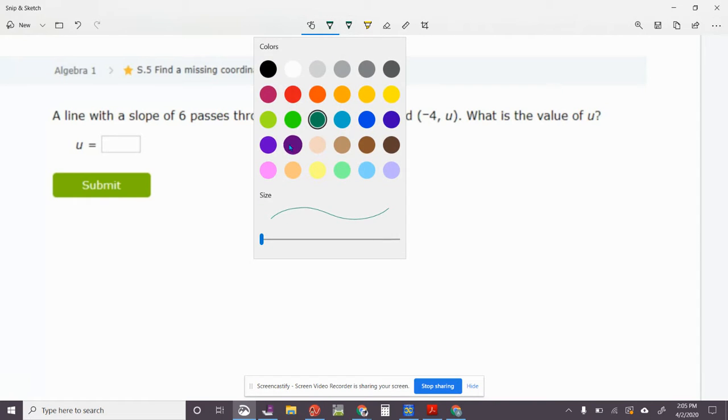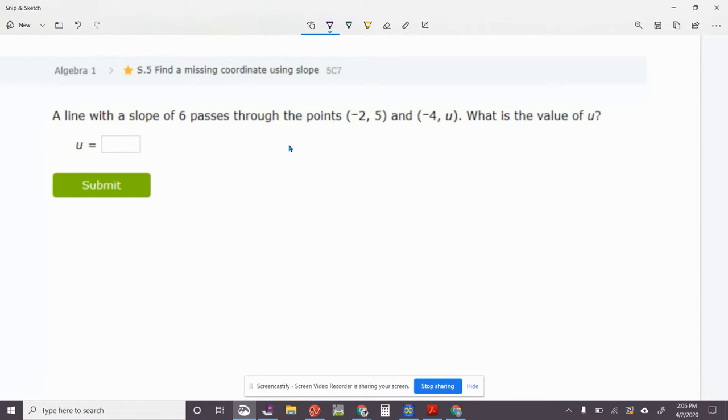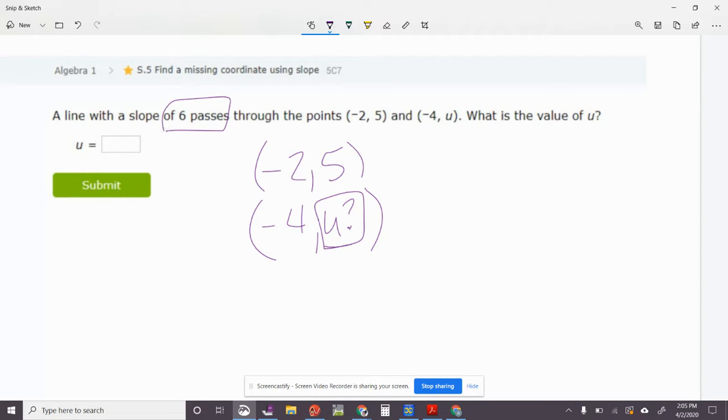So as I look at this problem, I've got the point (-2, 5), and I have the point (-4, u), and I'm trying to figure out how far these points are apart, knowing that they have a slope of 6. So I have to think about what a slope of 6 means and how that relates to these 2 points. So let's start by looking at this